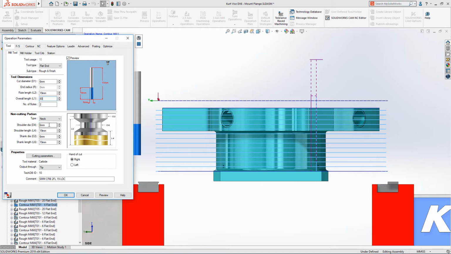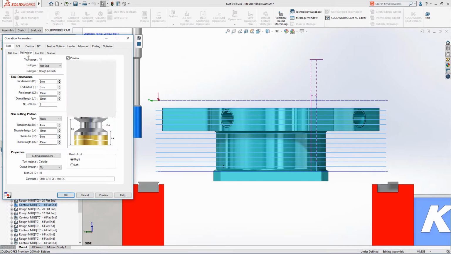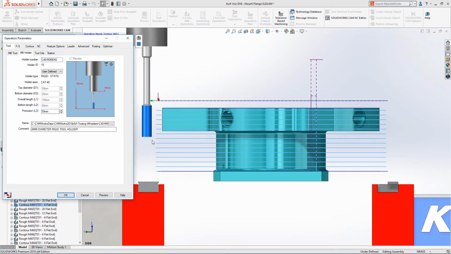For this operation, we'll change the type to neck and then specify the size of first the tool neck, followed by the tool holder. As sizes are inputted, the preview of the tool updates in the graphics area, showing the new tool and holder shape in relation to the part, so you can now predict the final result with even